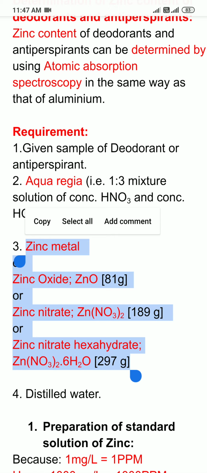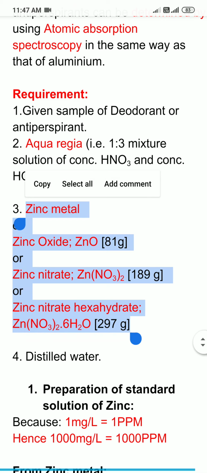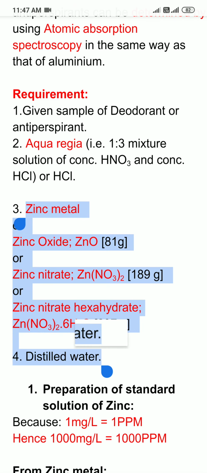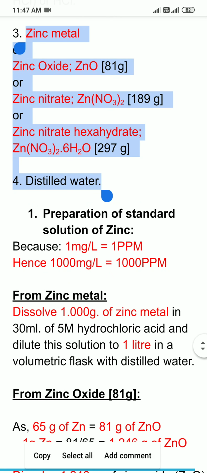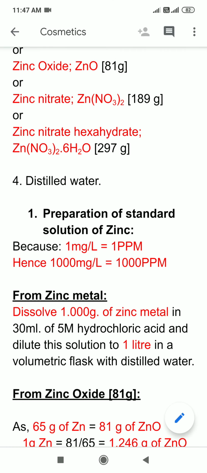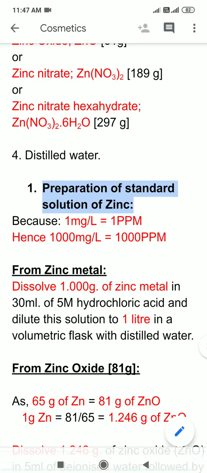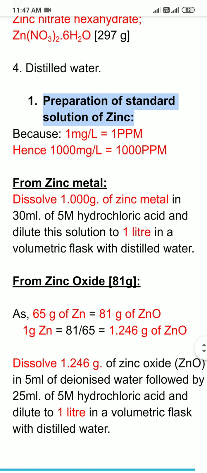Now I will tell you one by one how to prepare standard solution of zinc by using each of the four, that is either zinc metal, zinc oxide, zinc nitrate or zinc nitrate hexahydrate, and we need distilled water. So the first step in the estimation of zinc content of deodorants and antiperspirants is preparation of standard solution of zinc. As I had already told you that